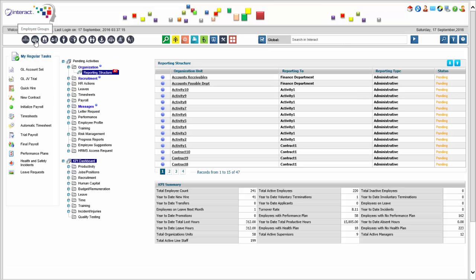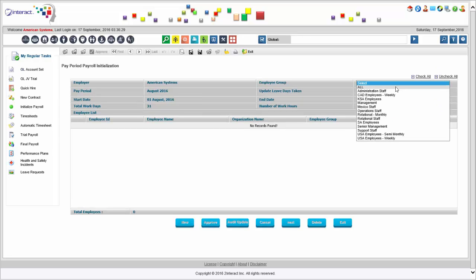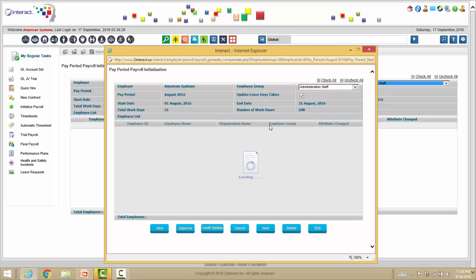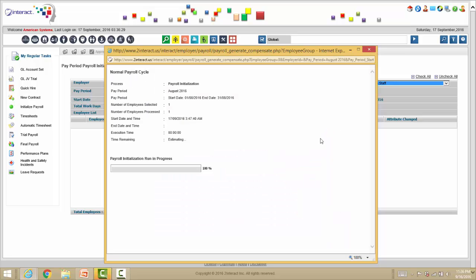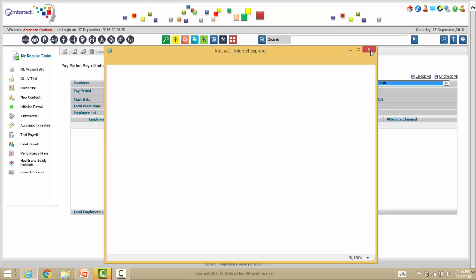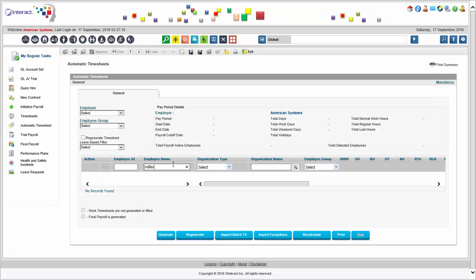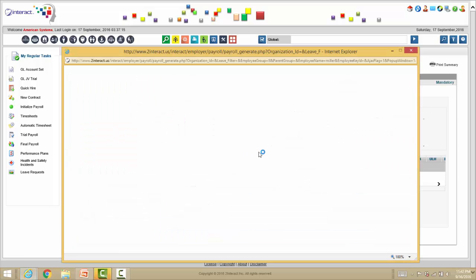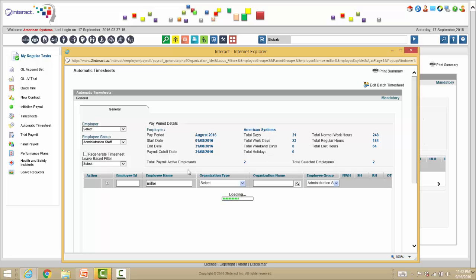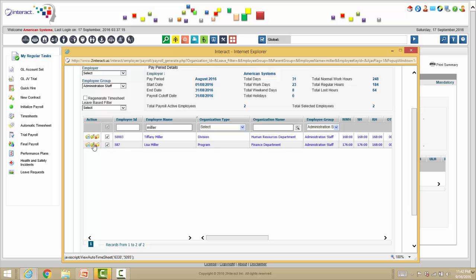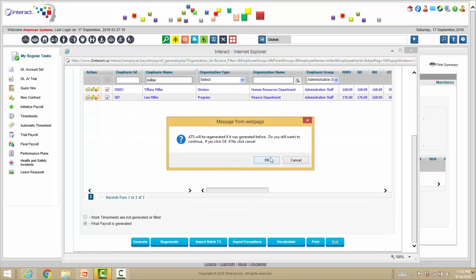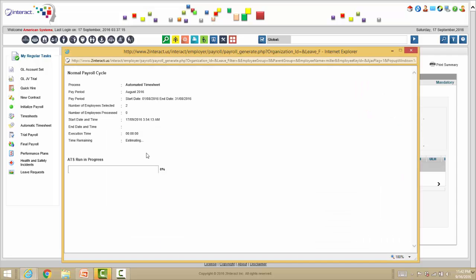So what that means is we're going to now go initialize the payroll for August for this particular employee group. And you notice that there's a leave request showing. Earlier it was a deduction that was listed in the payroll initialization. Now it is a leave request that is showing there. Second step is I'm going to run the automatic timesheet. So let's take a look at the results. If we generate our automatic timesheet,